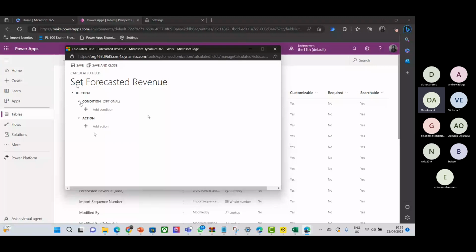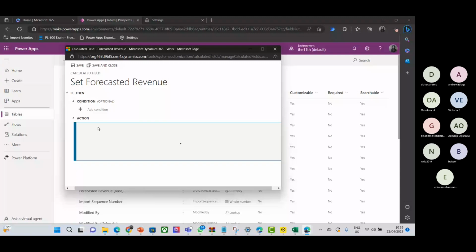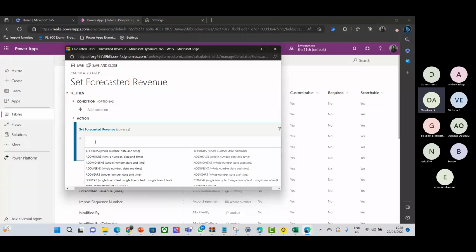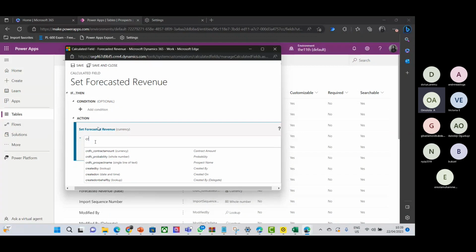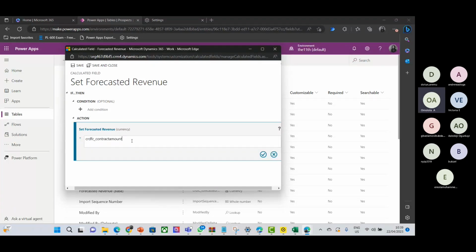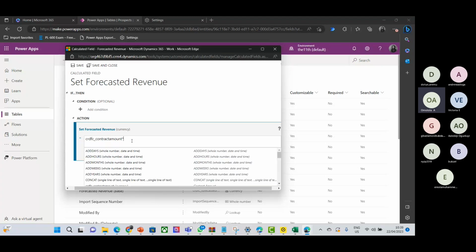What do we do? We go to action, add action. Now, with add action, you're going to see this pop-up. Once you have this pop-up, just type in CR, that's all you need to type in. Type in CR and select contract amount. Okay, so I'm going to say contract amount